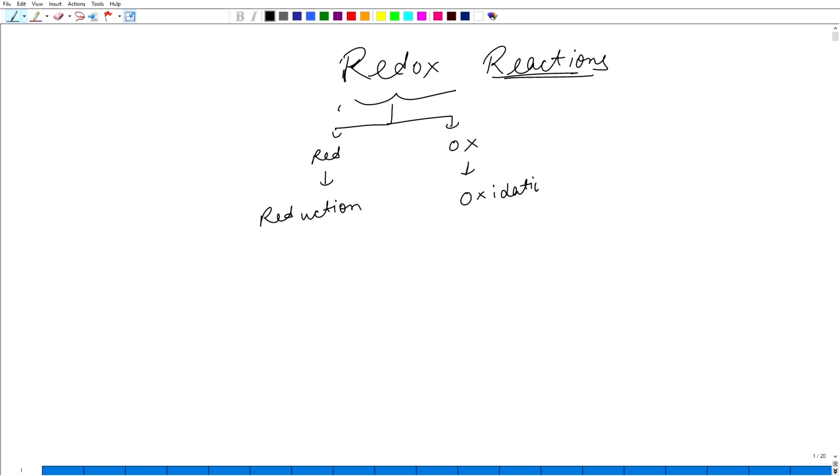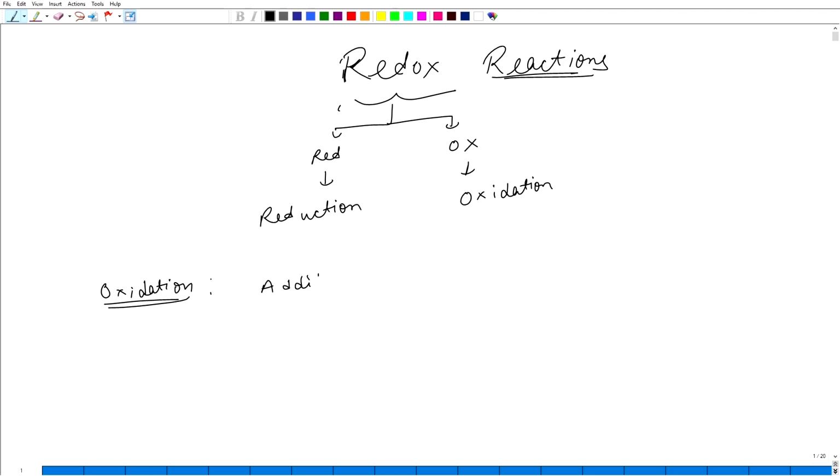So, what we get to know from this term redox is that a redox reaction is a combination of two things, one is reduction and another is oxidation, and both are complementary to each other, which we will study in the later part of the chapter. Reduction corresponds to oxidation and oxidation corresponds to reduction, meaning both things go on simultaneously. So, what happened when initially this term was coined? Let us start with the term oxidation first, then we will discuss reduction and then we will combine it. When this term oxidation was initially termed, what it meant is